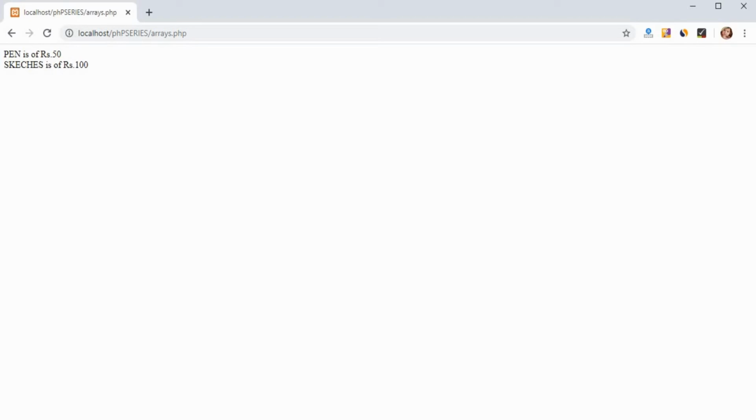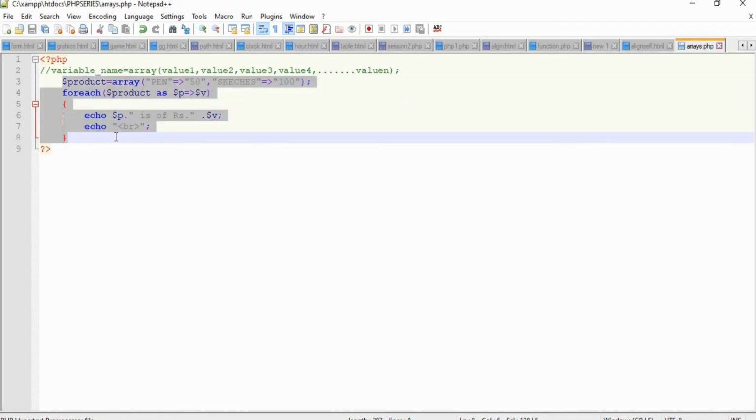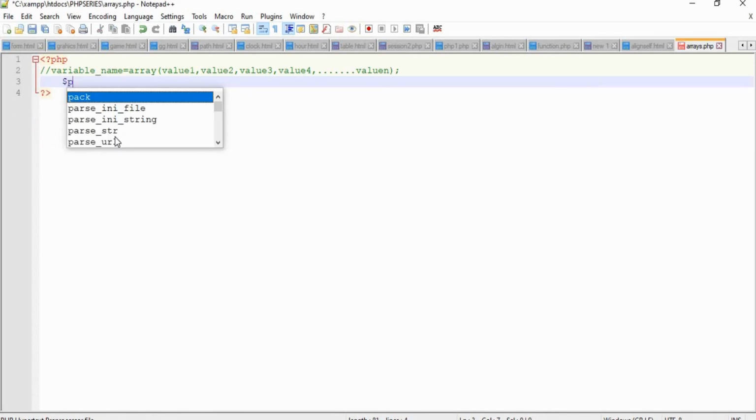Another array type we have to see is multi-dimensional array. So till now we have seen the array with only rows, right? So we can also create an array with rows and column also. For that what we can do is we can remove these and again create a variable called product, which is equal to, we can use the array function itself. Array of, we have to create,